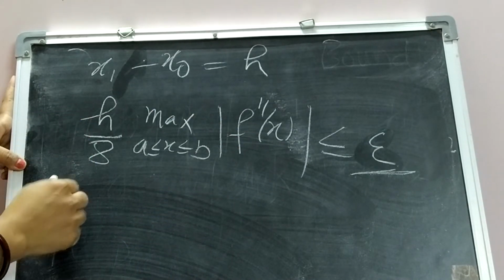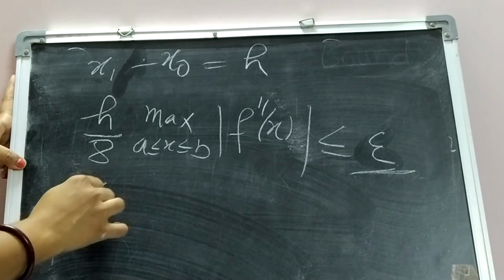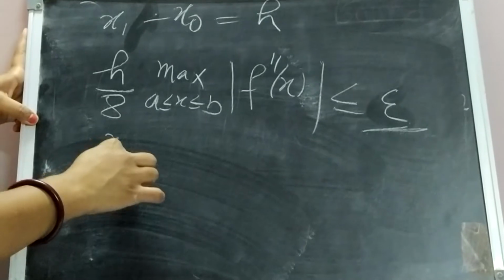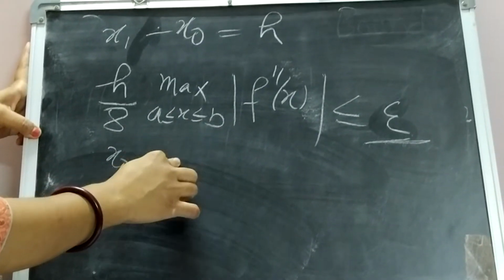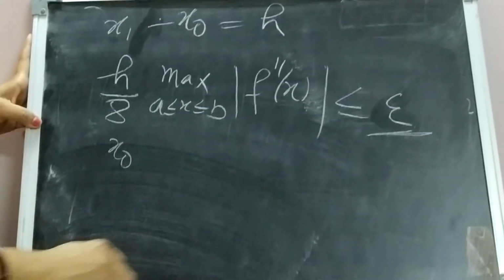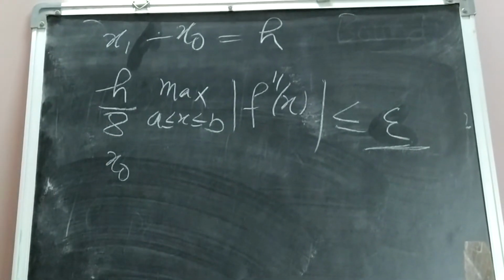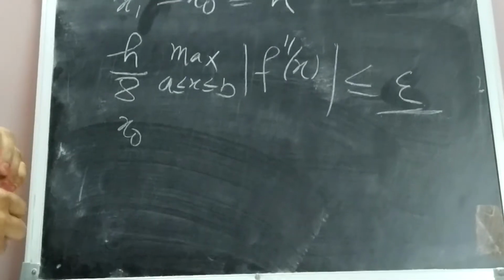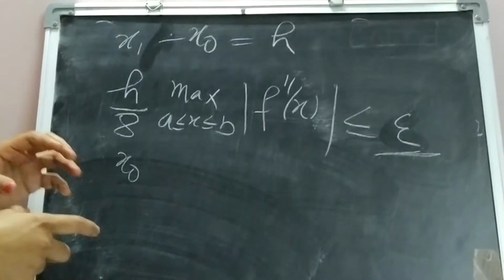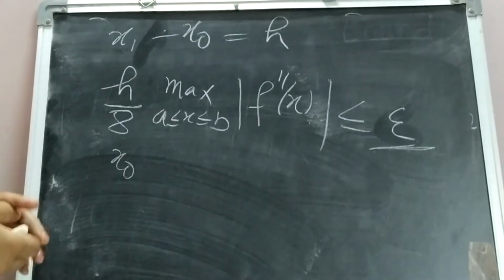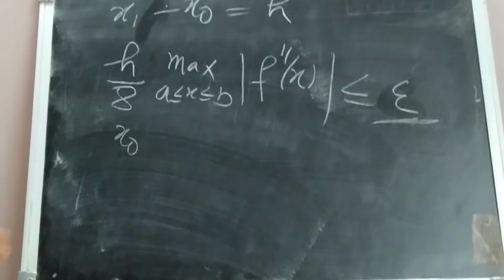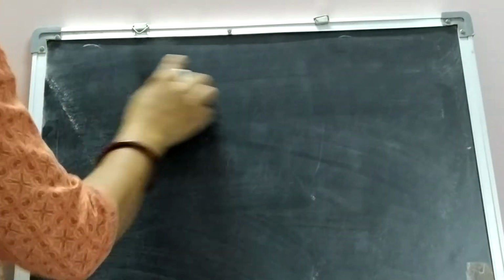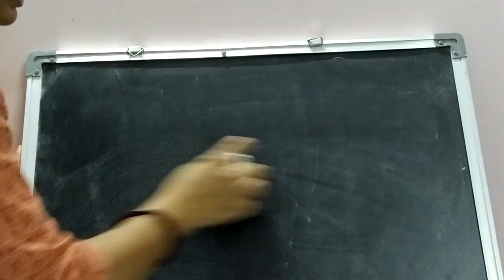So if h is known, accordingly we can adjust our first point. This is the starting point, and with the help of this we add h to it and get the second point, and then further points can be obtained. So this will give an idea that after obtaining the data like this, whatever interpolation technique we apply will have only that amount of error. So this is one of the important aspects for the calculation of the data.